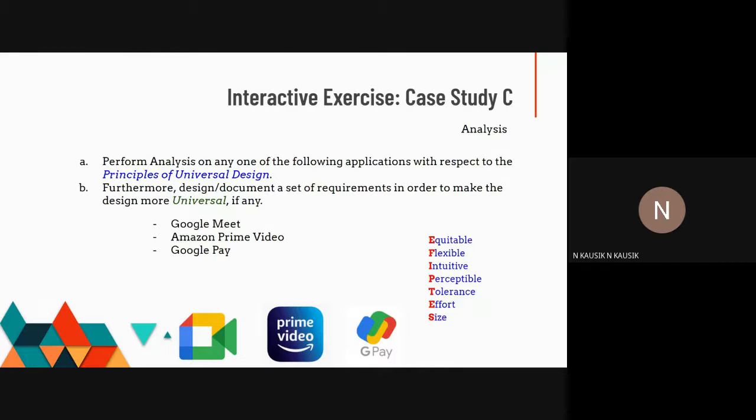For example, for equitable use, whether Gmeet is violating any of the equitable universal design principles, like that. And then note if it's a pro or a con, both. At the end, all the cons are what you can improve in the product. So we would like you to make an analysis like this, and then at the end we can discuss what improvements can be made for any of these products.